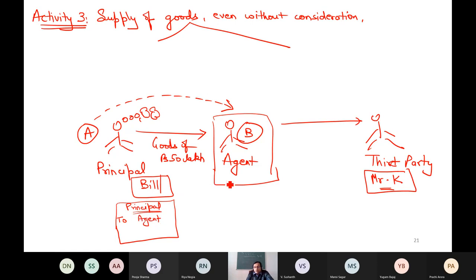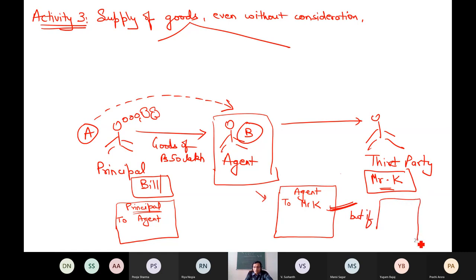Now these goods will go to B. When B supplies to K, do you know what bill B will issue? If B is issuing the bill which is having the agent's name, B's own name, to Mr. K, then it is known as acting on behalf of the principal. That means the agent has full authority to just act like the principal. But if the bill issued by the agent to Mr. K has the name of the principal as the heading, then